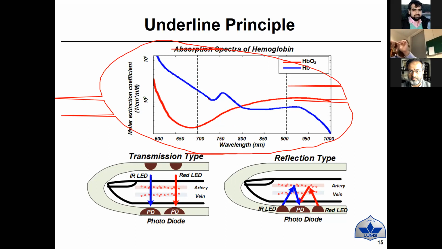Finger is easier, that's why it's used a lot, but it's affected a lot by motion artifacts. People have used the wrist a lot. So the Fitbit devices for fitness are basically using your wrist. And similarly, people have used earlobes, because in earlobes again you have fewer motion artifacts. You can have a device which can be used for a longer time. So people have used a lot of versions and a lot of variations.